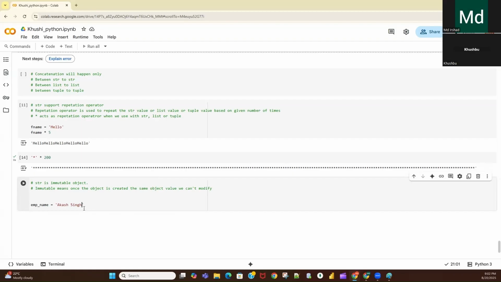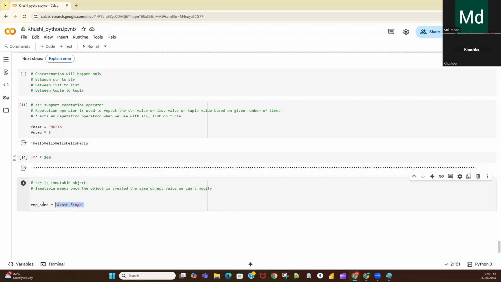So when you execute this code, what will happen in the memory? In the memory, this value will be fixed. It will be created inside the memory, and this string will be stored in the RAM memory. Now, if you try to modify or change this value, it will not be possible.